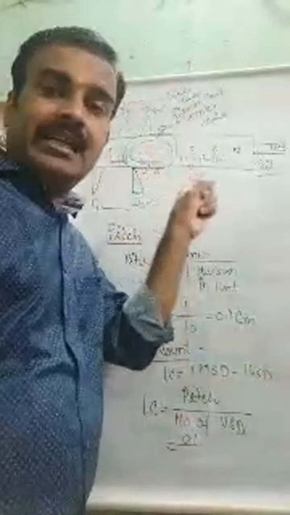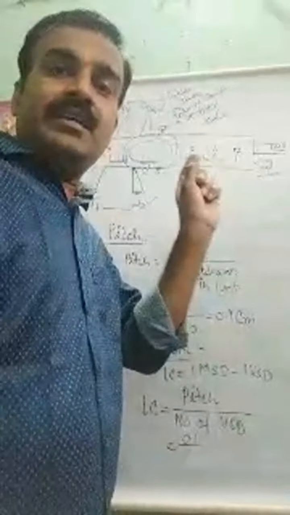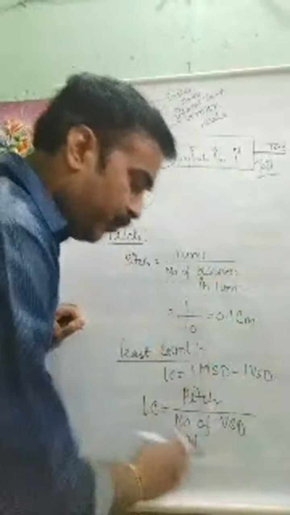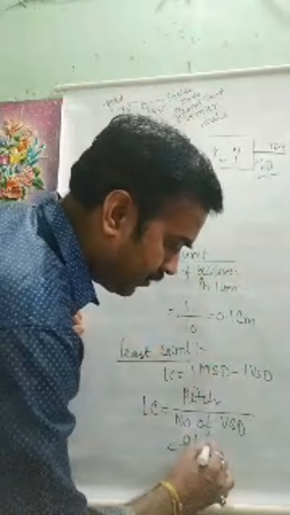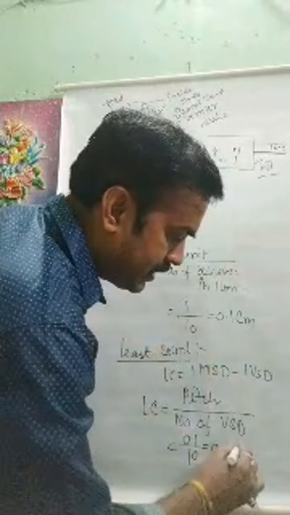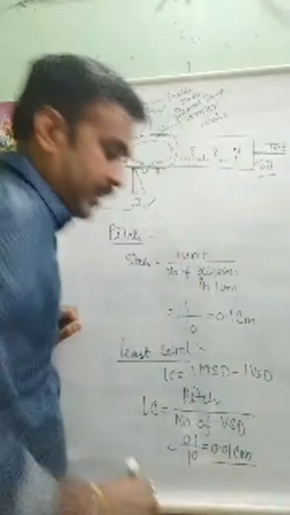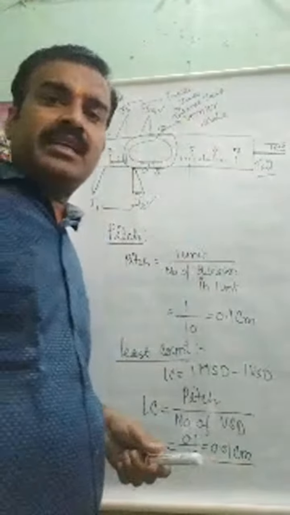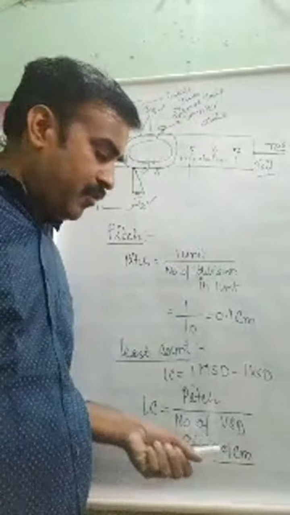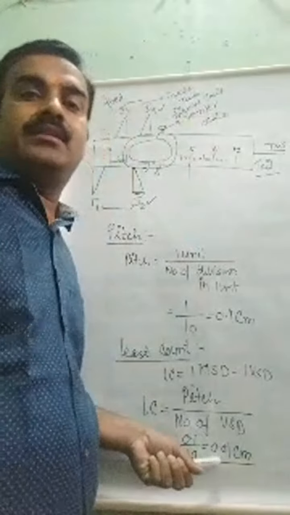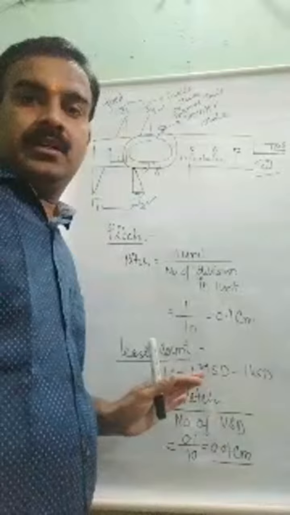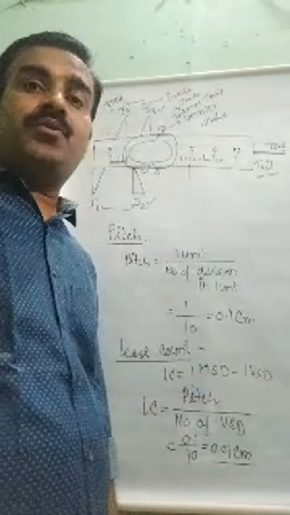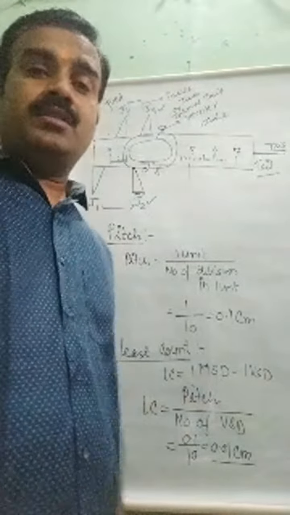I have already explained this from the diagram. The Vernier scale will consist of 10 divisions. So that means 0.1 upon 10, what can you write? 0.01 centimeter. That means the least count of the Vernier calipers will be 0.01 centimeter. Okay, you have to find out the least count, because until and unless you find the least count,